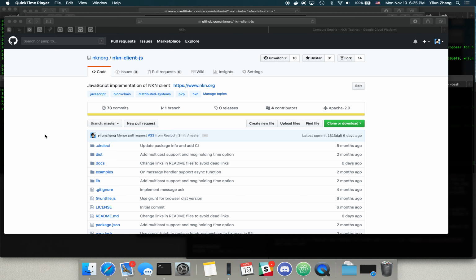Hello, this is a very brief introduction to the NKN client and how to use it. So on the very high level, what the NKN client provides is a way to communicate between peers without any centralized server. Traditionally, peer-to-peer communications are helped with a centralized server to relay the data for them, because